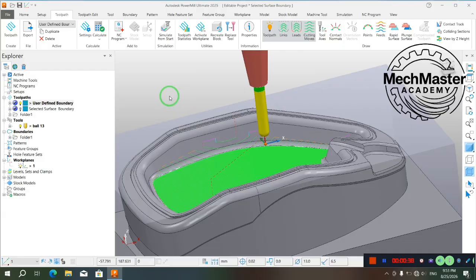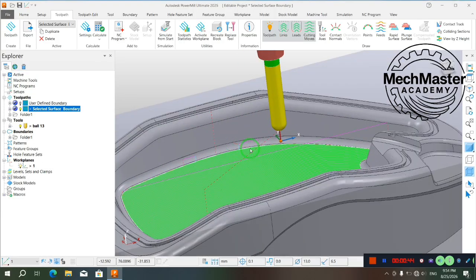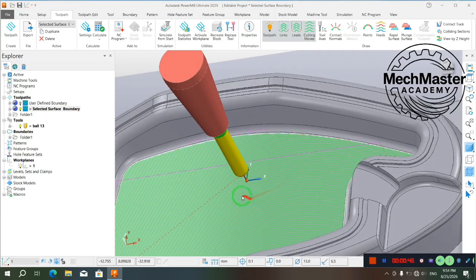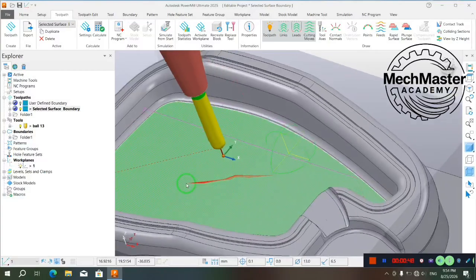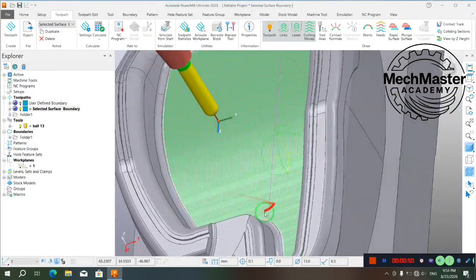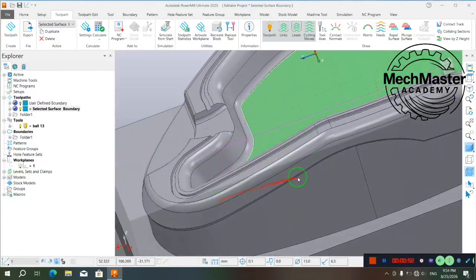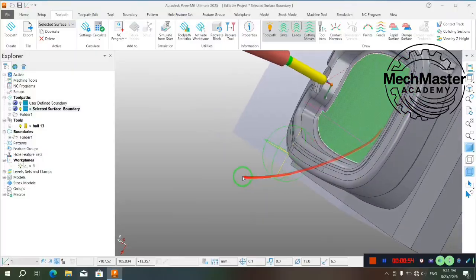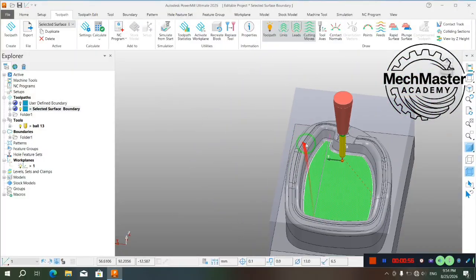On the other hand, the selected surface boundary is specifically designed for machining isolated faces without any tool marks spilling over onto neighboring surfaces. As you can see, this is a very good